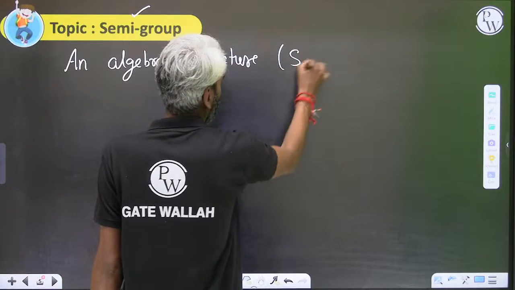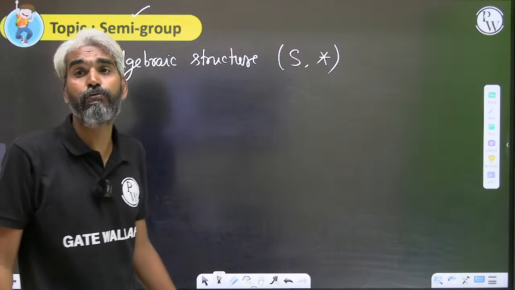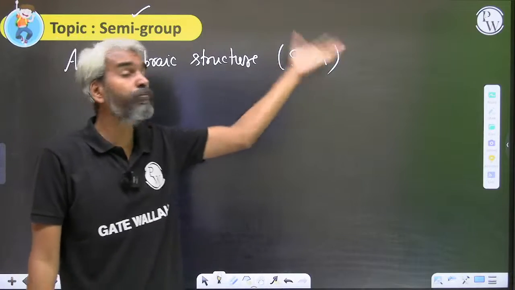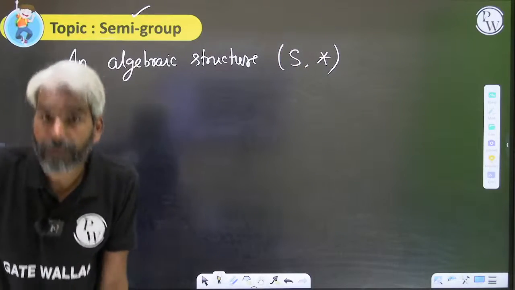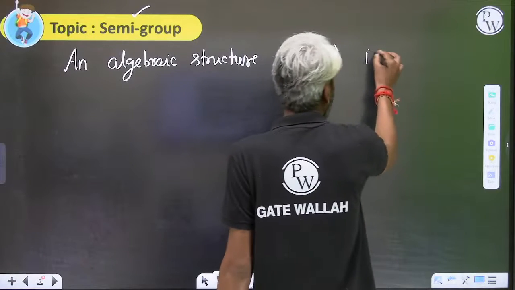Sir, S comma asterisk. If we are saying S comma asterisk is an algebraic structure, what does it mean? It means that the elements of set S with respect to binary operation asterisk are closed. So that's the first property. So an algebraic structure S comma asterisk is called a semigroup